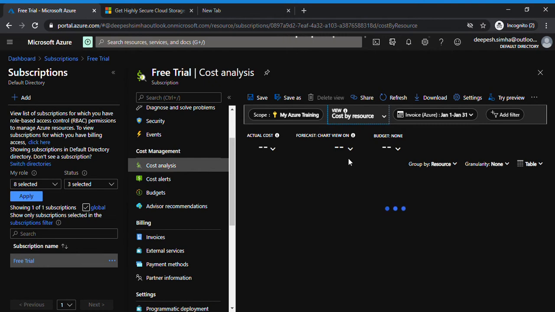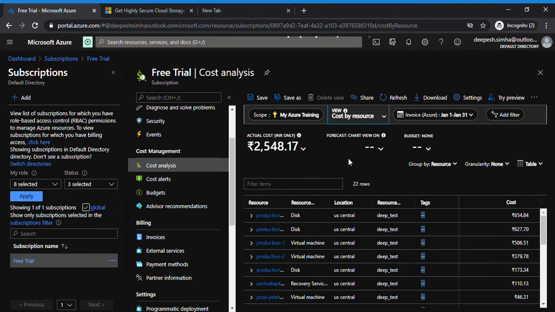What is meant by resource here, guys? When you select service, it is going to give only the service level. For example, virtual machine may contain everything: virtual machine, disk, storage, a lot of things, all coming as one, which is called a service. But a resource is something individual that is associated with your virtual machine, giving cost per individual item. You can even select that and download the report. Getting my point? This is about cost analysis in simple terms. If you have any questions, please put them in the comment section. You can add many filters and download your cost.